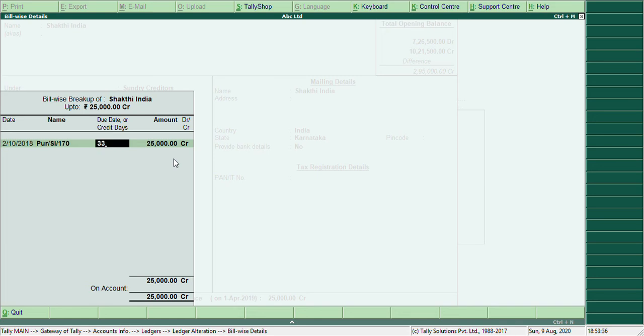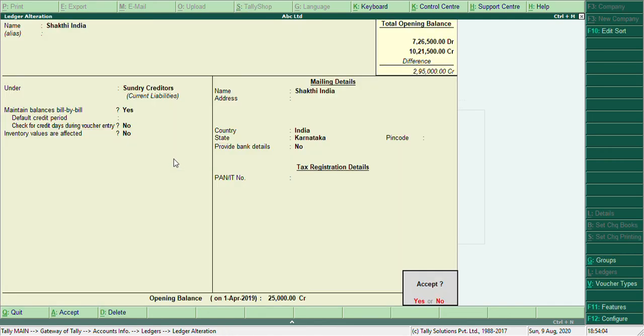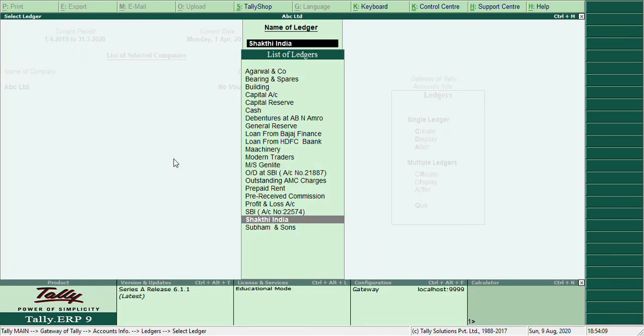Credit days available is the same, 1 month, that is 30 days. 15,500. Next bill is for 2nd November. Thirty days credit. So 9,500. 25,000 is the total pending to pay to Shakti India.